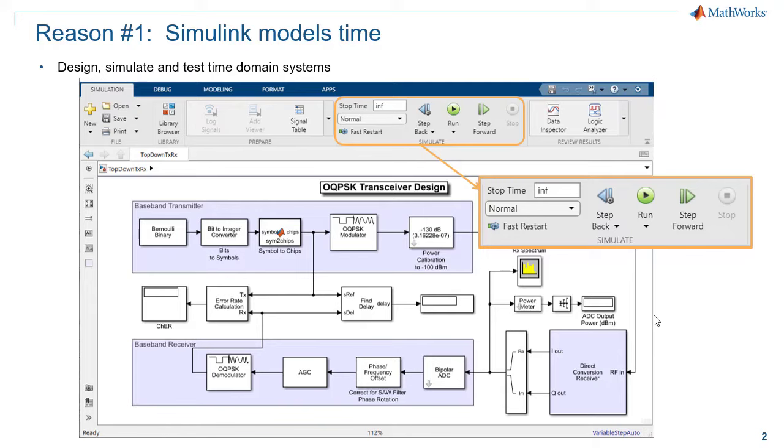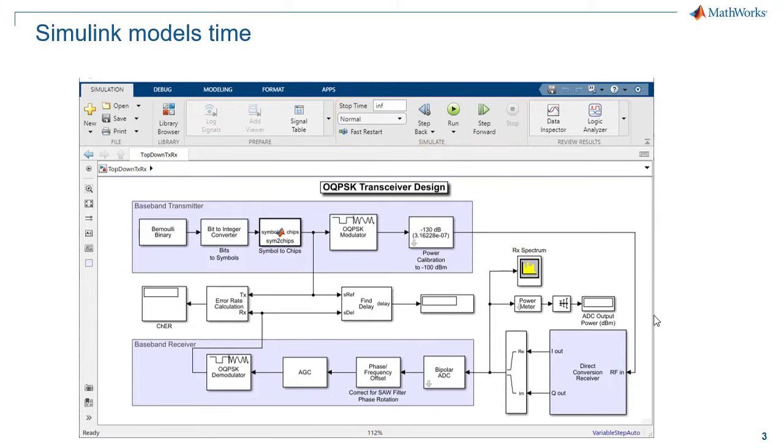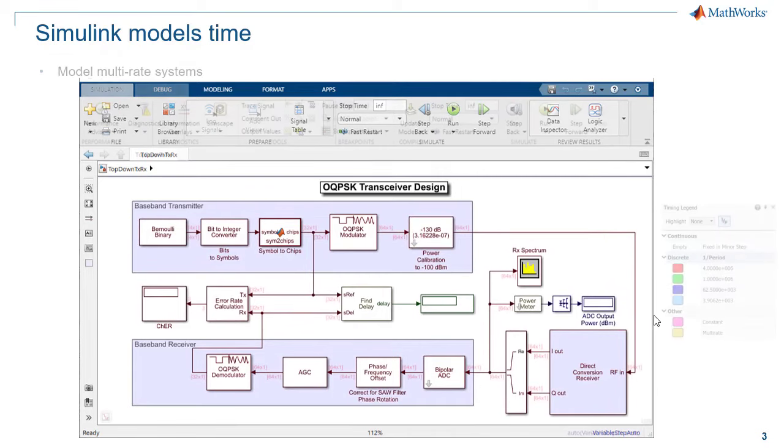This environment also enables you to create a hierarchy of functionality where many small operations can be aggregated into one Simulink block. Simulink enables you to work with signals of different rates in the same model. It also enables you to easily and graphically inspect many attributes of your system, like those different rates, or signal dimensions or data types. Once again, this is much harder to do in code.